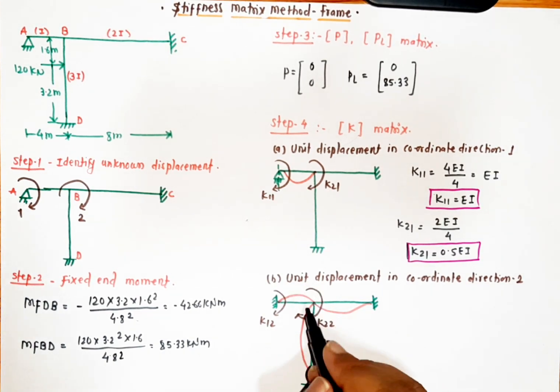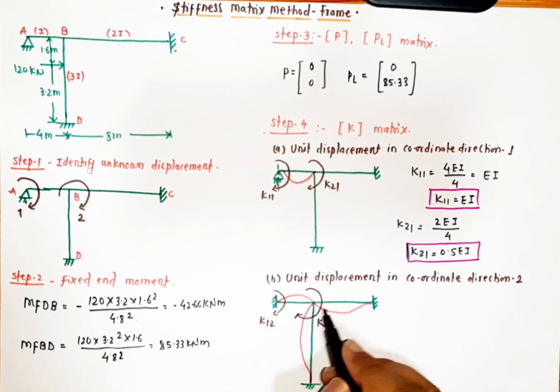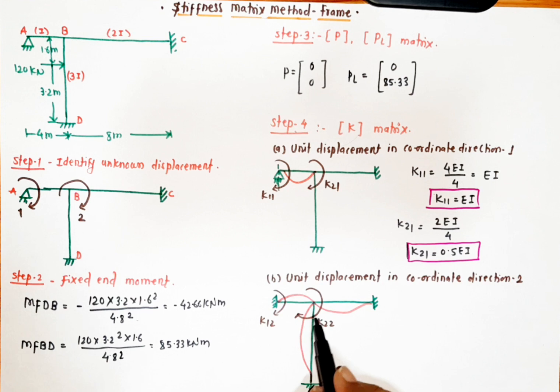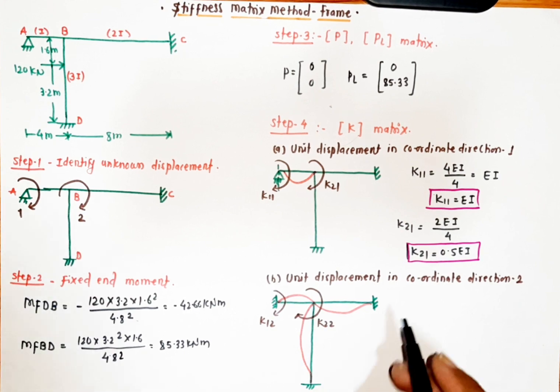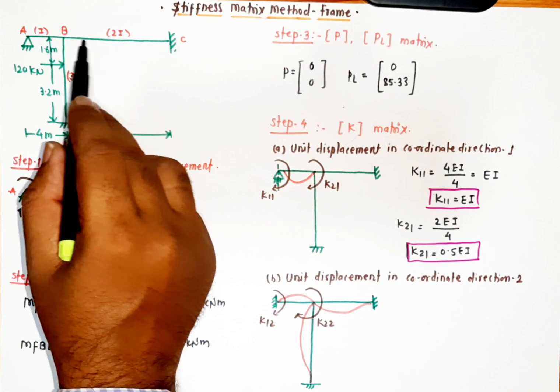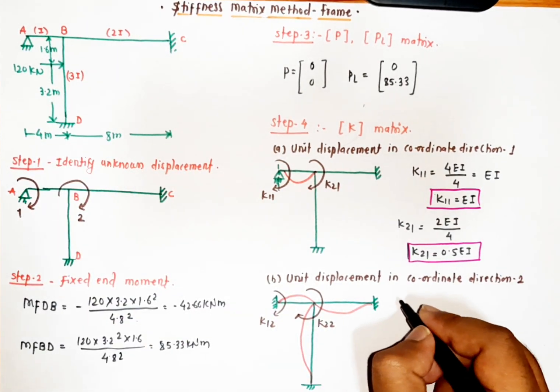Next, we will give the unit displacement along coordinate direction 2. When we give coordinate direction 2, there are 3 members meeting: BA, BC and BD. And when we see regarding EI, it is going to change. For AB it is I, for BC it is 2I, and for BD it is 3I. Therefore first calculate